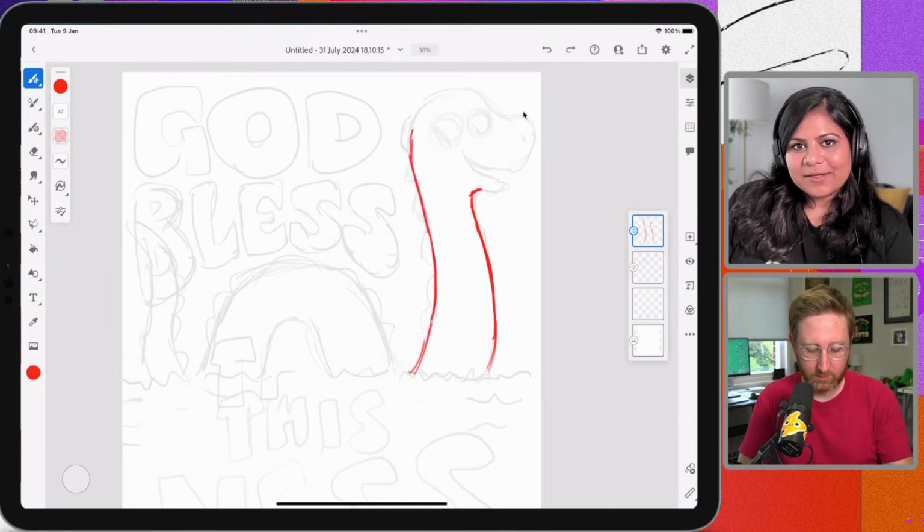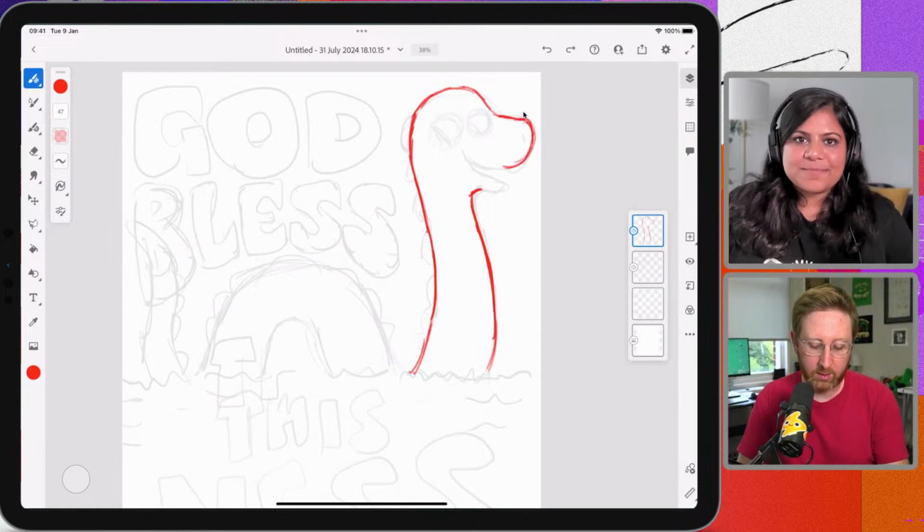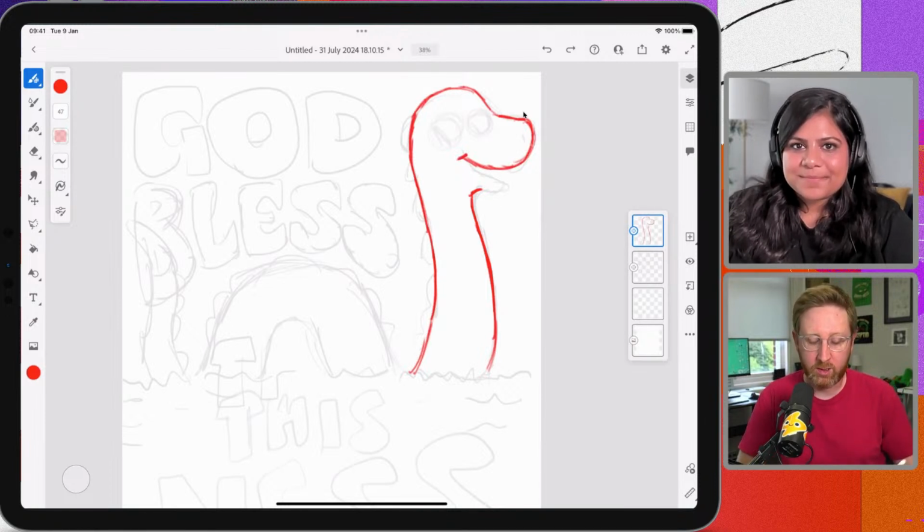That's awesome. Do you typically hand letter your alphabets or glyphs? It really depends on the design. With this particular series of designs, we're trying to keep everything pretty uniform so that all the designs match and look similar.